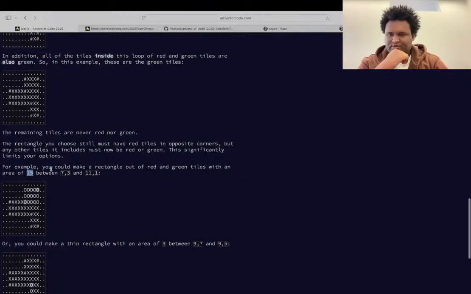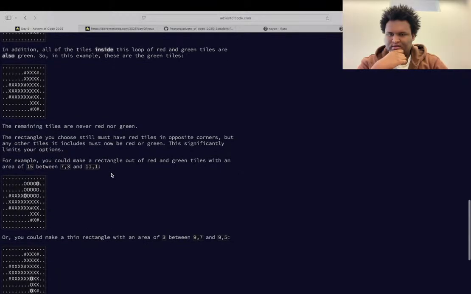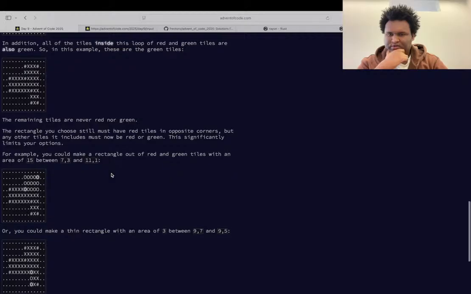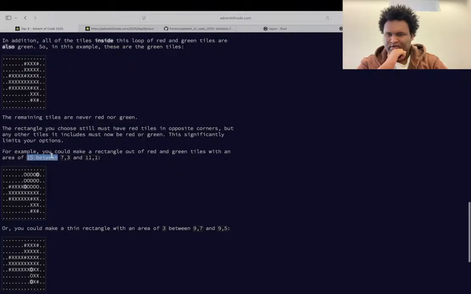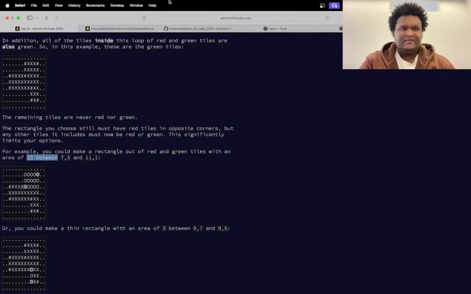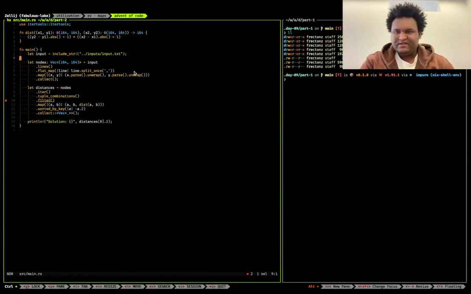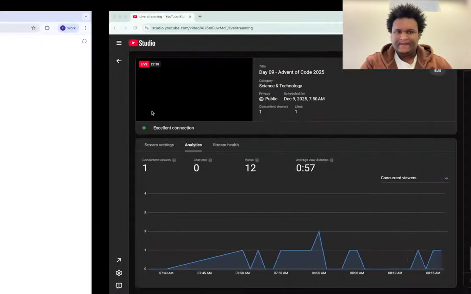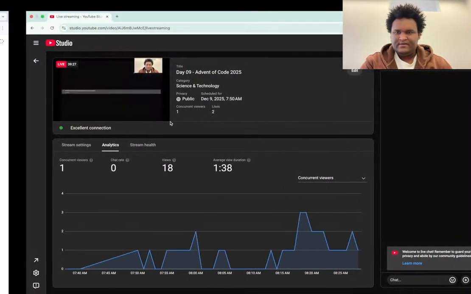Okay, for example, you could make a rectangle out of red and green tiles with an area of 15 between 17 and 4. I think this is the time we need a pen. So I'm gonna try writing stuff down. Let me go back here. Yeah, so